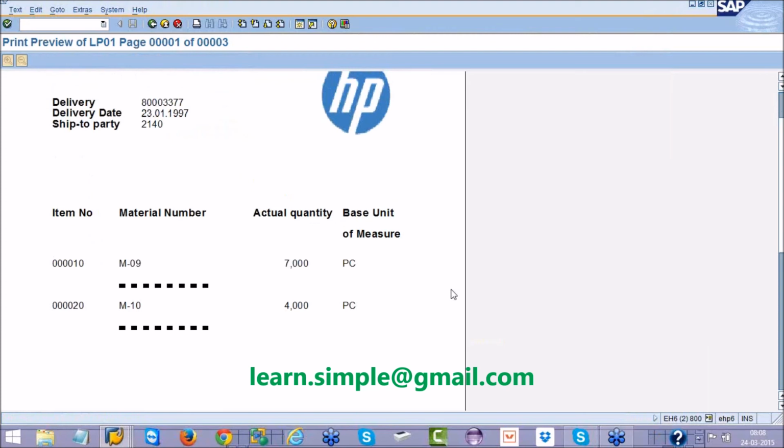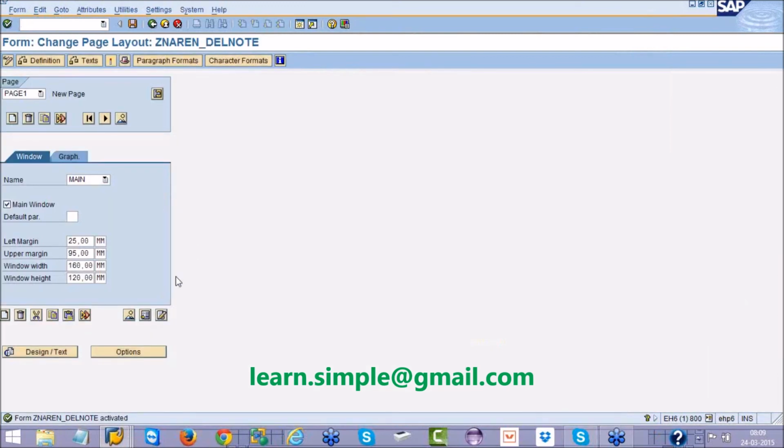Item number 30 is greater than 20, which is the condition we have given. So yes, item number 30 is greater, so it is printing on the next page. Before printing item number 40, it is again checking the condition. Item number 40 is greater than item number 20, so again it is triggering the new page and so on. Like that, the new page command can be used to always trigger a new page.